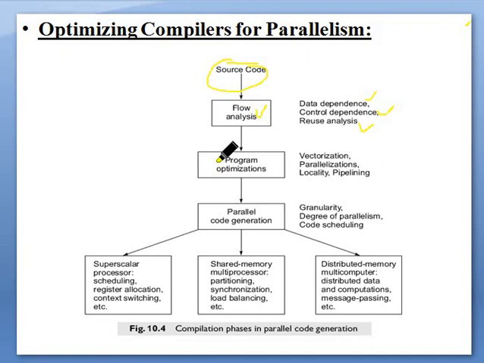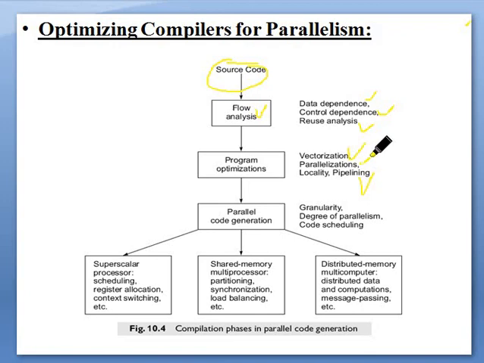What is step 2? Program optimization. What do you mean by program optimization? Actually, irrelevant or non-effective instructions are removed from the program. That is program optimization. How to do it? Execute them by pipelining or perform vectorization. If we do vectorization, multiple instructions get executed in a small amount of time in different processes. There we achieve parallelism also.